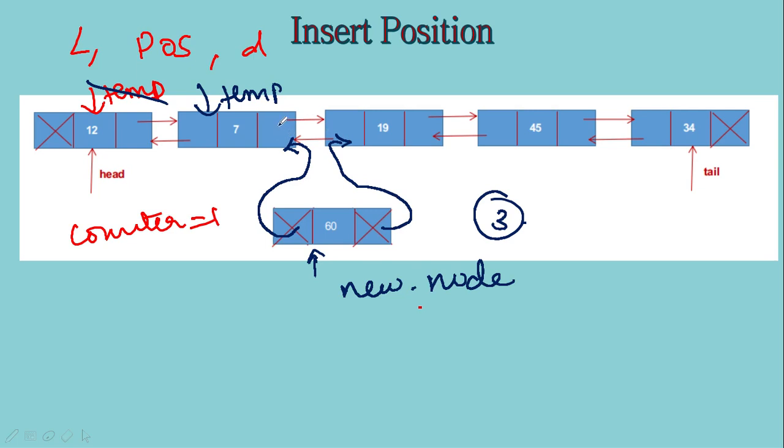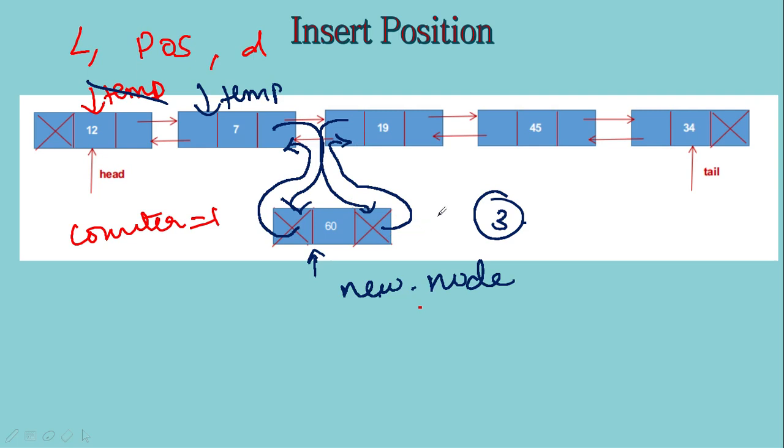And then I have to make this node point to this one. So how can I do that? I will say temp next is equal to new node, and then I have to make the previous of this node point to the new node. How can I refer to this node? Now its address is present in the next part of new node. So I can say new node next previous is equal to new node. That's what I have to do.